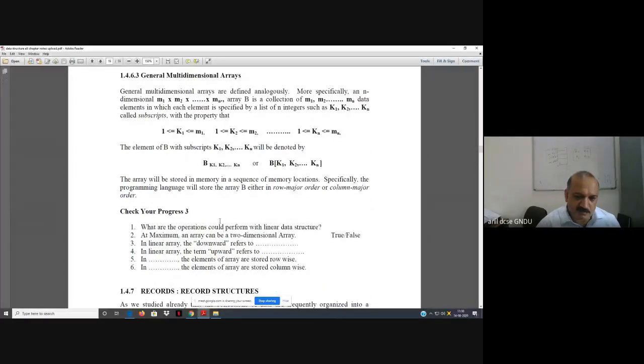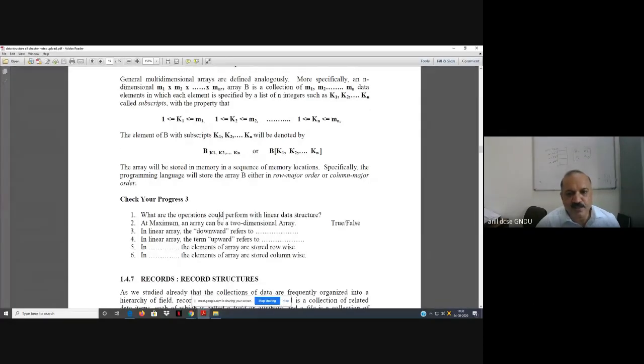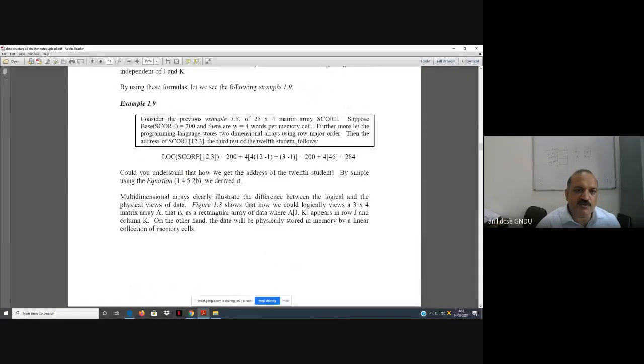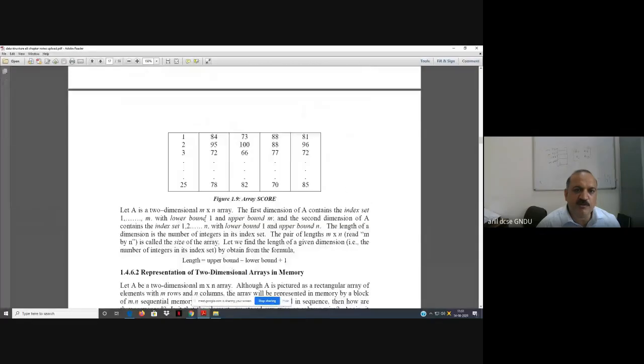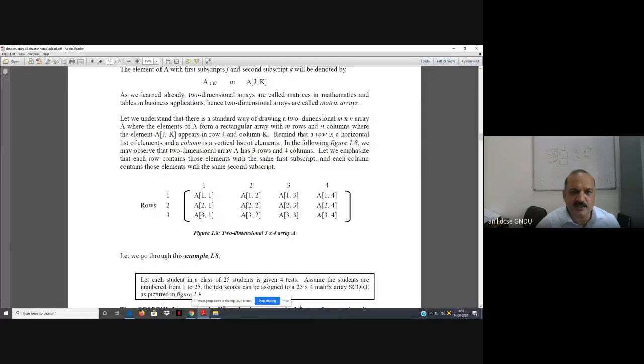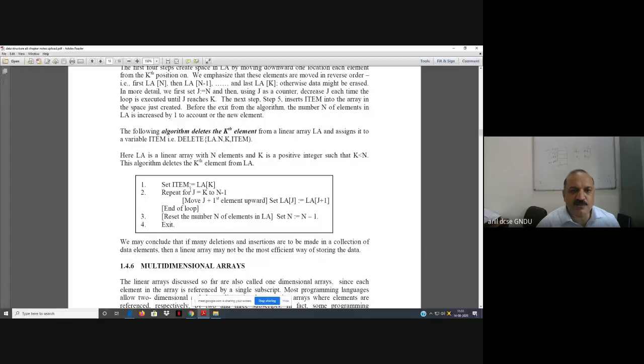One-dimensional and multi-dimensional arrays, and then insertion and deletion. If I ask you to perform these algorithms for a two-dimensional array, what will be the difference? Here a loop will come inside, and the rest is going to be the same.